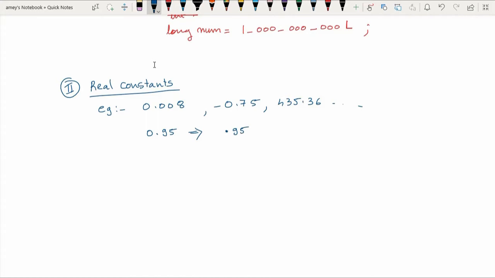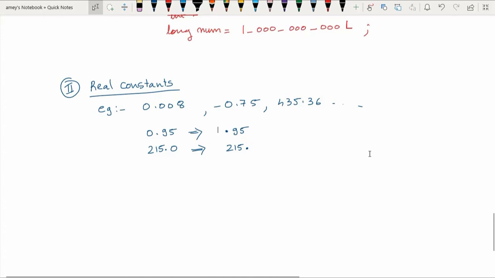Or many a times your number may not have anything after the decimal point. For example, if I want to store 215.0, you may also store it like this, 215 and dot. It simply means that after the dot there is 0. The earlier form means that before the dot there is 0. So this is how sometimes they can be written.